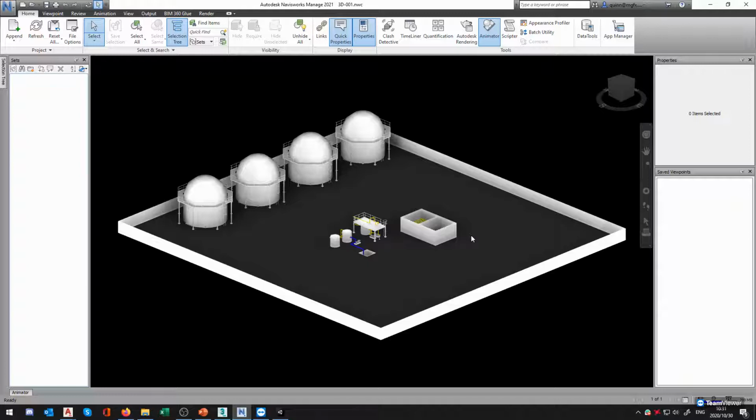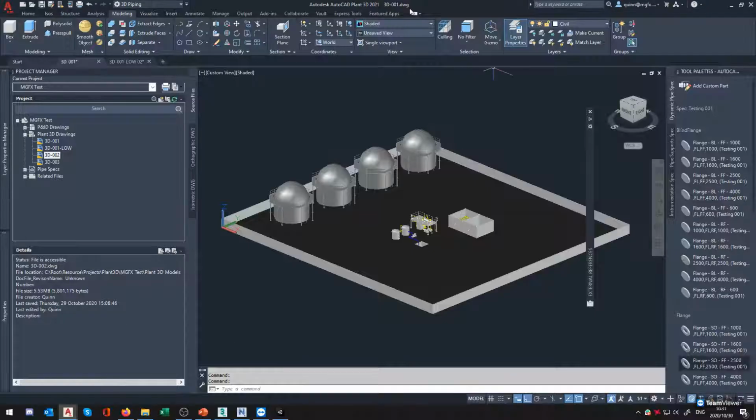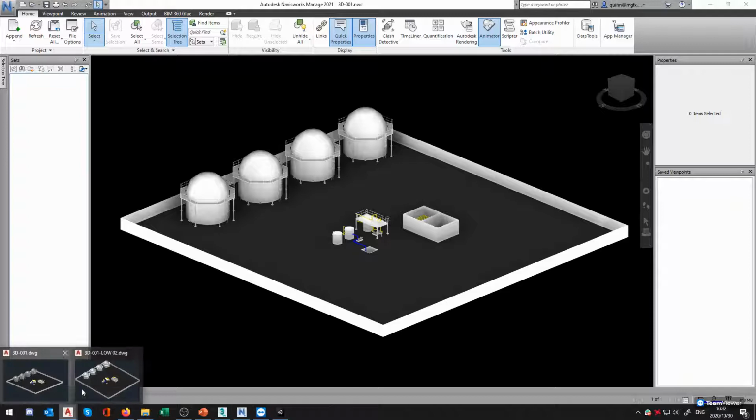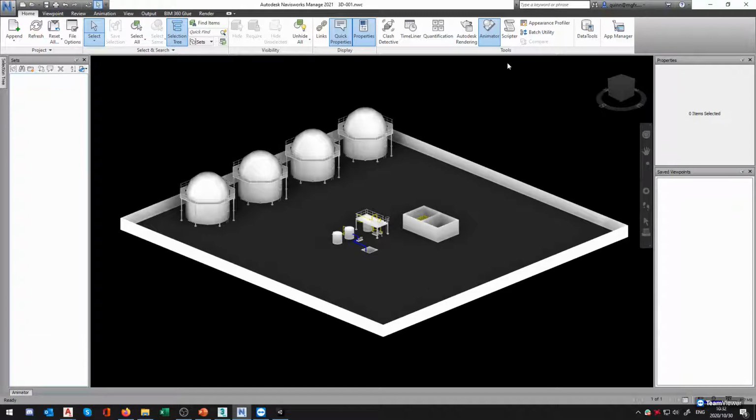So make sure that you've got the Plant 3D model open, the one that you did the NWC export from, and then also open it in Navisworks Manage. Once the Navisworks Manage one is opened and everything's okay, we can then close our Plant 3D model, because everything's been brought across and we know that it's working correctly. I do know it is a strange thing to do, but bear with me here. I've done it a few times, and it drives me a little bit up the walls because I always keep forgetting and close Plant first. So that being said, now that I've got my model here in